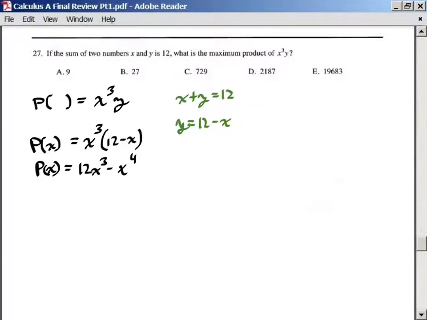And what we're doing by taking the derivative is looking for critical values that will give us a maximum or minimum. In this case, give us a maximum product. Okay, so